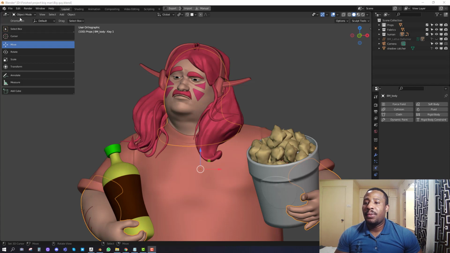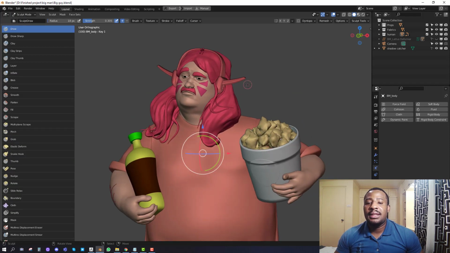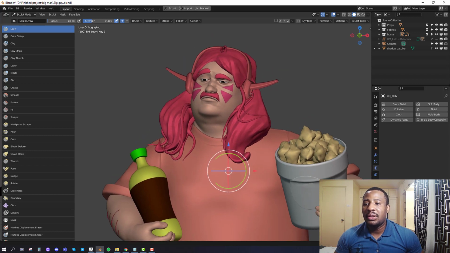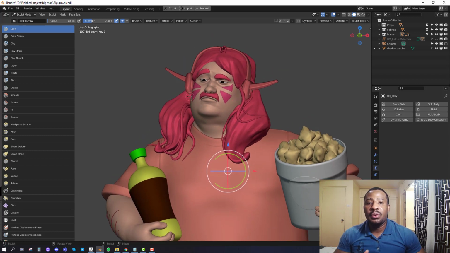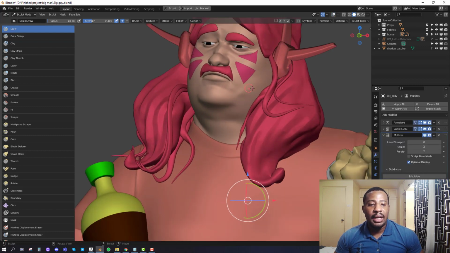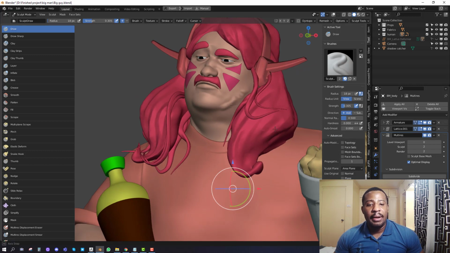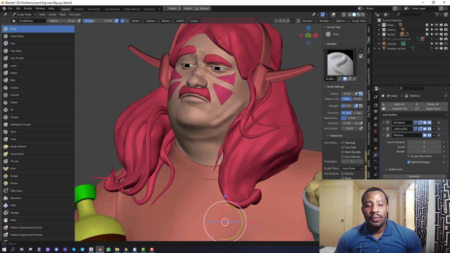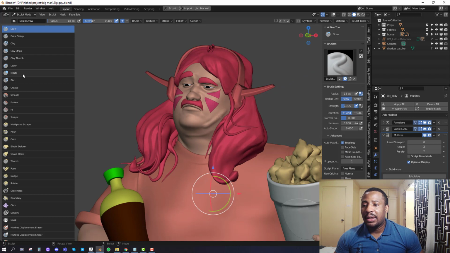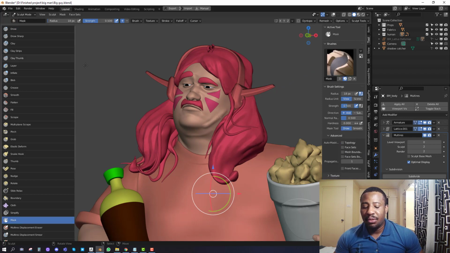So Blender is a well-polished sculpting tool, especially since the most recent update in the sculpting tool. We got a lot of updates with your overall workflow inside Blender. So definitely they are going to perform much better than you would have expected in the previous versions of Blender. So we have the draw brush. It comes in with a lot of easily accessible parameters which you could use to customize and make it work for you. So you could play with the normals, you could play with the hardness, the topology. You could mask it with topology. You could use facer to isolate it from working. Another great addition to Blender sculpting tools is the move brush.